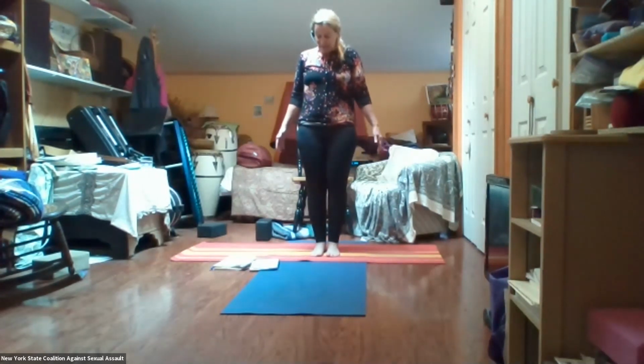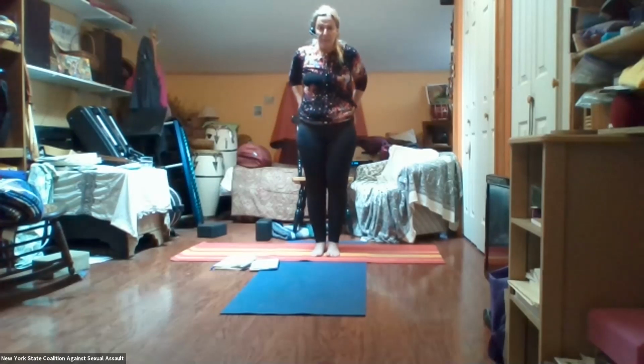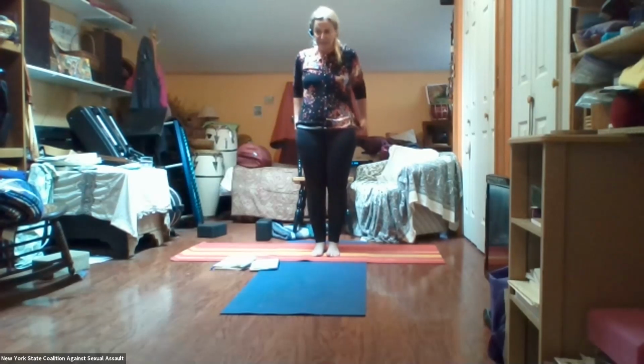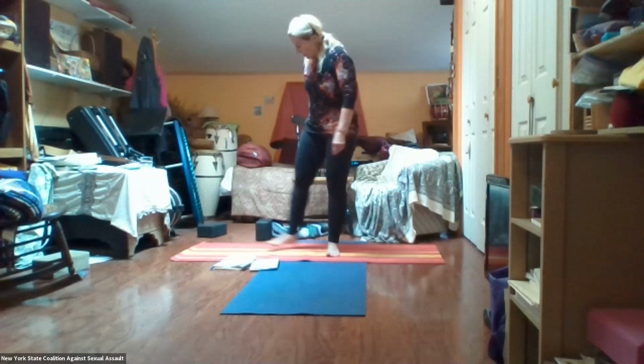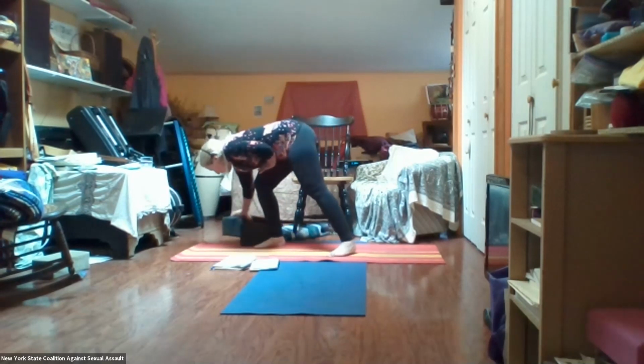It's a good idea to take your time and do that practice of checking in with your Tadasana between standing poses, especially standing poses. So we're going to go for triangle, Utthita Trikonasana. If you have blocks, they can be handy, but they're not necessary. If you do have a block or two, I would suggest getting it and putting it toward the back of your mat